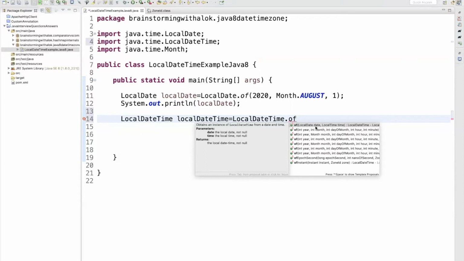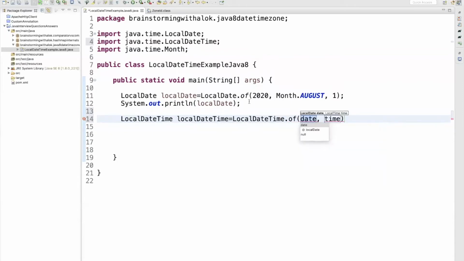Look, you can pass LocalDate and LocalTime, or else you have to pass this format: year, month, day, hour, and minute. So let's see how it prints for this.